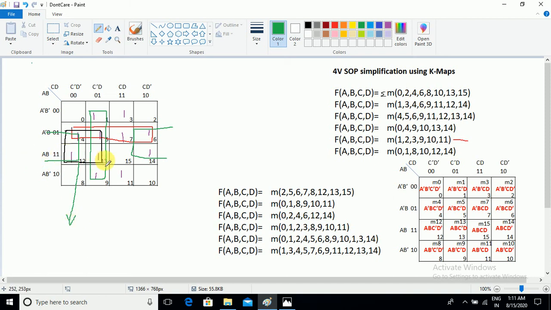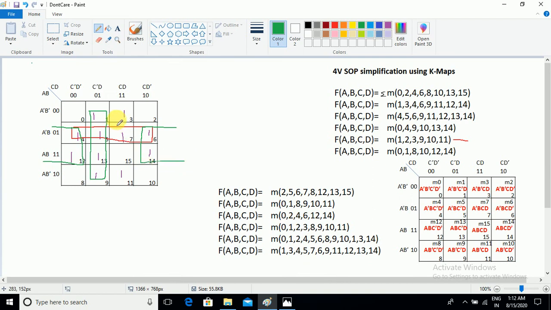So you should try mapping with many alternatives, and if you go with maximum mapping like this, you may identify that some groups will not become prime implicants. So here I am removing that group and keeping the proper mapping. You have to think about the proper mapping. To do the proper mapping, you need more practice on K-map. Now this is a proper grouping.